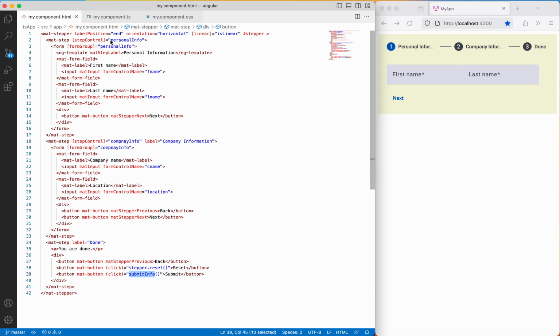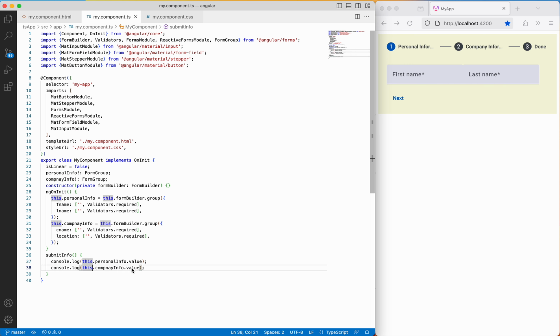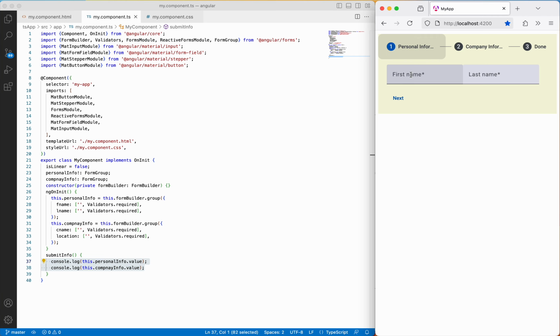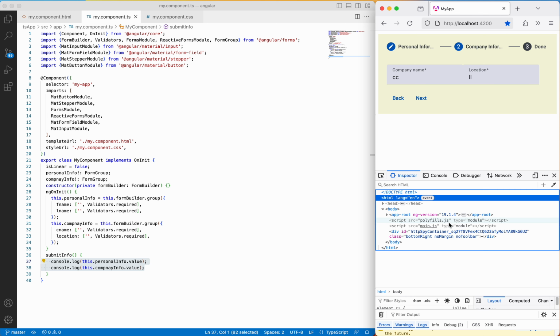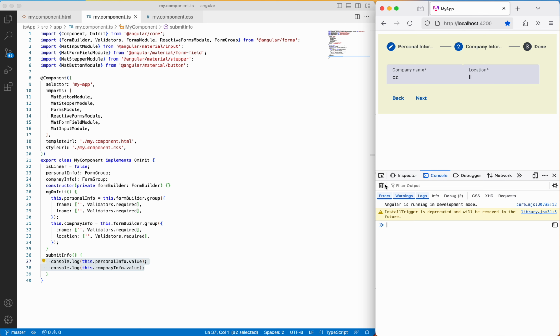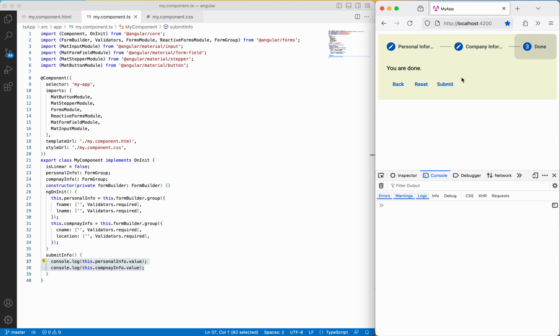Here in submit info, I am just printing both forms' data. Let's see, first name, last name, company name, location. And at last I am submitting. You can see I am getting the data of both forms. Okay,